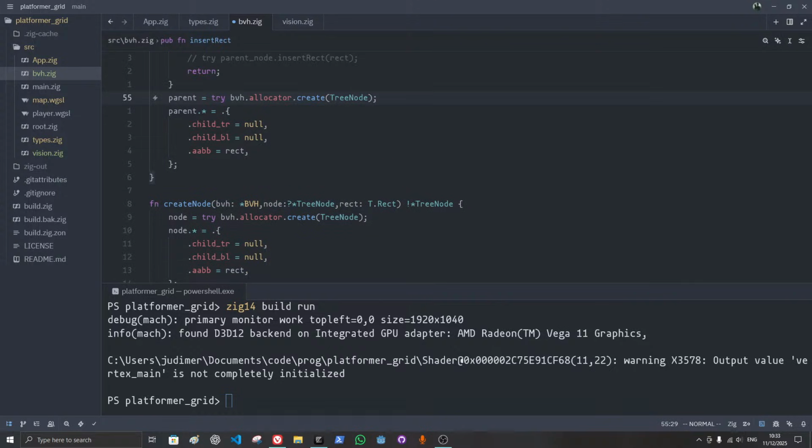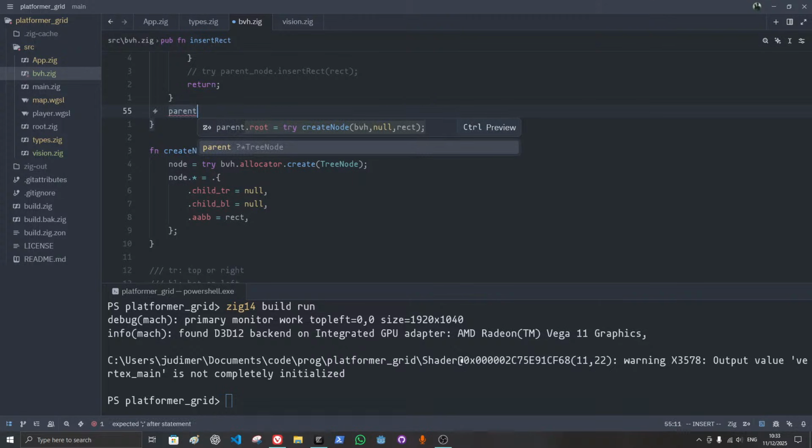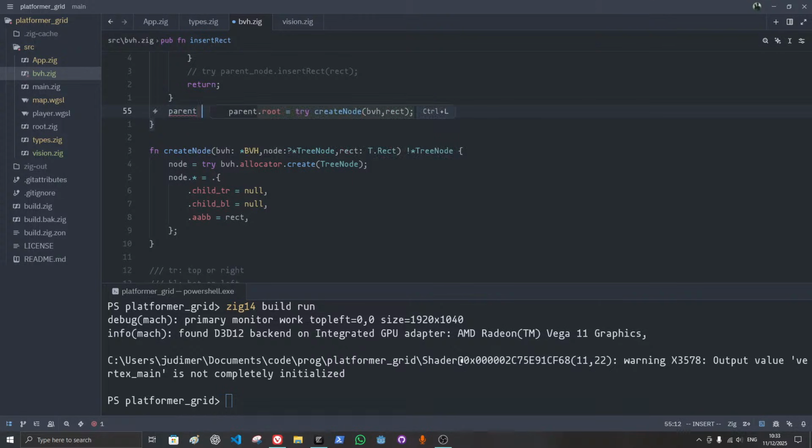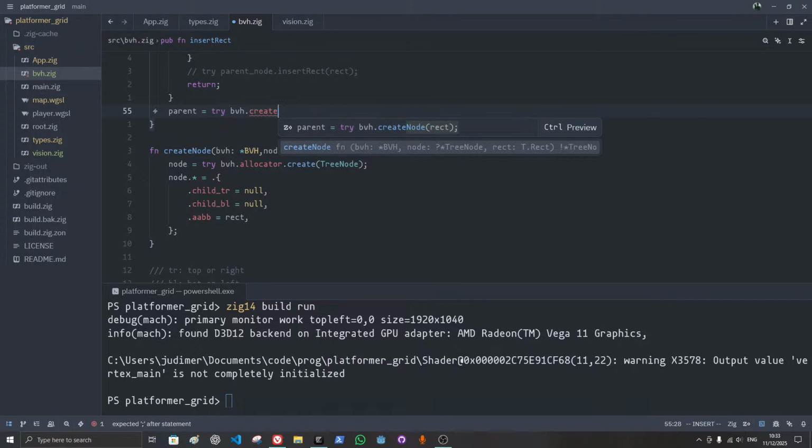Okay, now we can remove that. Parent is equal to try bvh dot create node vect. Okay,